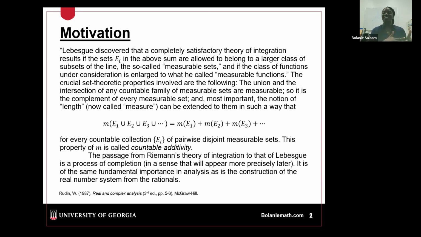The union and the intersection of any countable family of measurable sets are measurable. So is the complement of every measurable set. And most important, the notion of length, now called measure, can be extended to them in such a way that the measure of the union of e_1, e_2, and so on is equal to the measure of e_1 plus the measure of e_2 plus the measure of e_3, and so on, for every countable collection e_i of pairwise disjoint measurable sets. This property of m is called